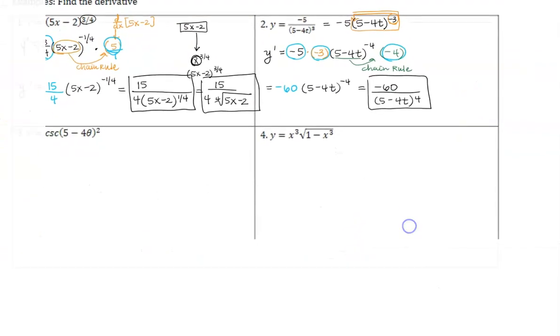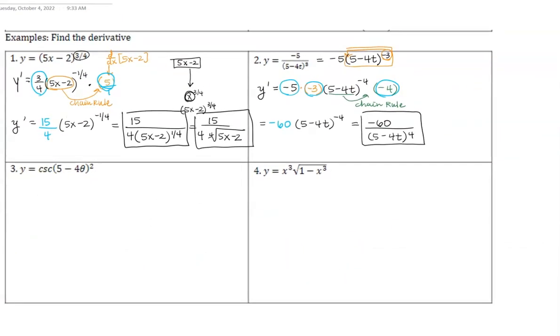So both of those examples, 1 and 2, are very similar. The only difference is that in number 2, I had to rewrite the function before I could take the derivative to get rid of that fraction. Both of those are using something called the general power rule. You see some information about that at the top of this page. The general power rule is just a specific case of the chain rule. All that means is that in both problems, we used the power rule because we did bring down the exponent and we did decrease our exponent by 1, but we used the general power rule because